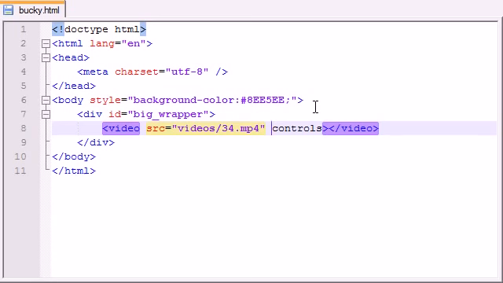But there are also a couple of additional attributes. Of course, you can change the width,